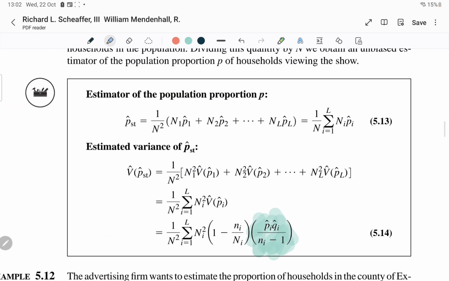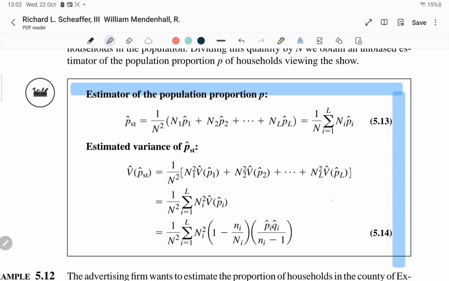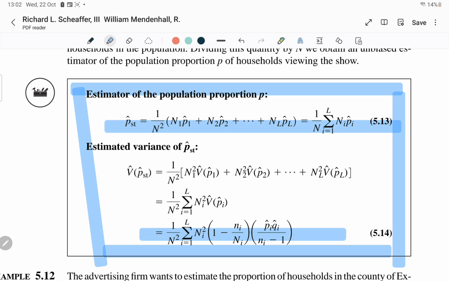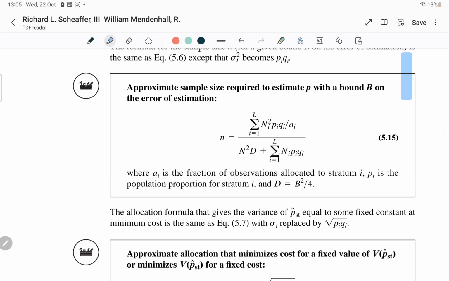This is the table which is giving you the overall. So here is the formula 5.15 for sample size calculation when the proportion question is given. When your question is relating with proportion, 5.15 is the formula that will be used to calculate the sample